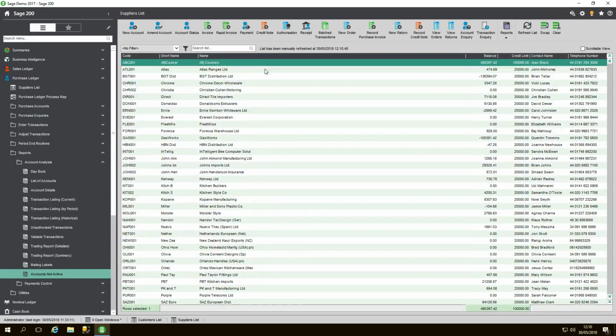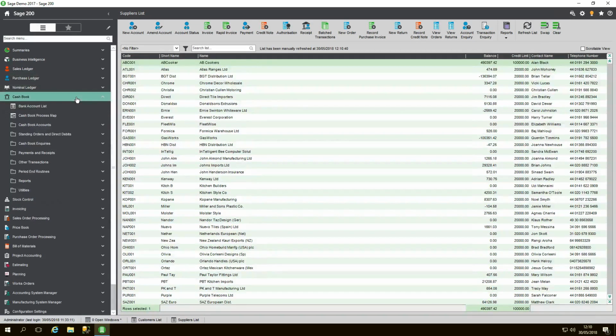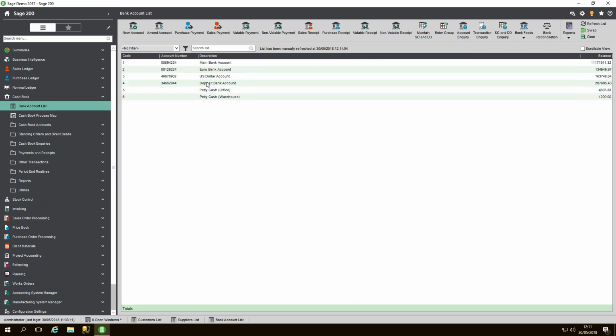Yep. The third area that has been made this inactive account stuff has been in the bank. So I'll go across to my cash book now. Go to cash book, bank accounts list. Okay, now with banks we don't have an active status with them. So instead we have the amend account option. So if I click amend account,